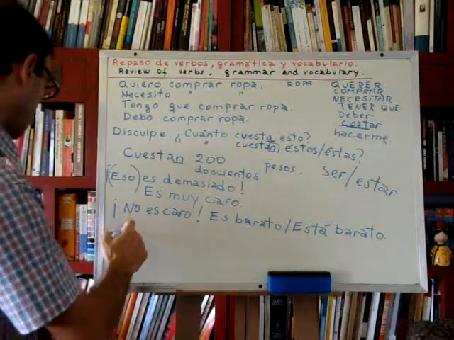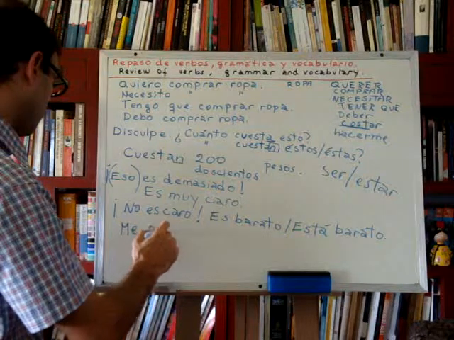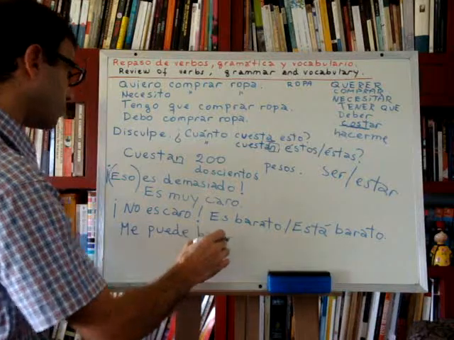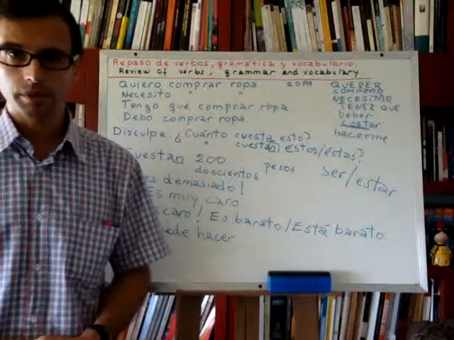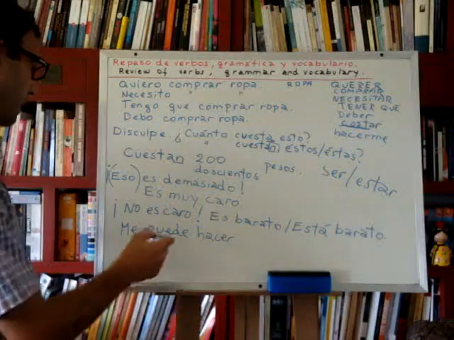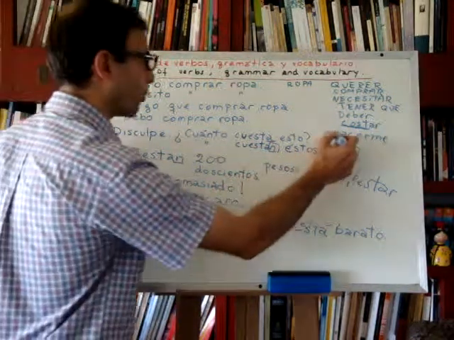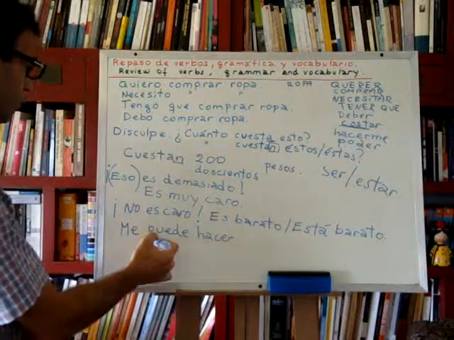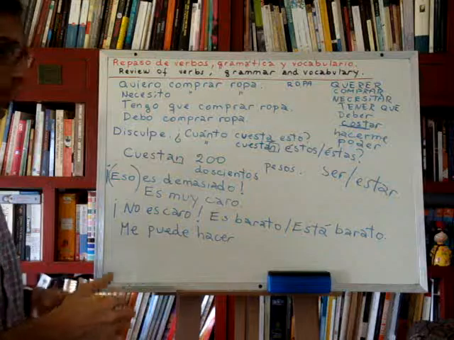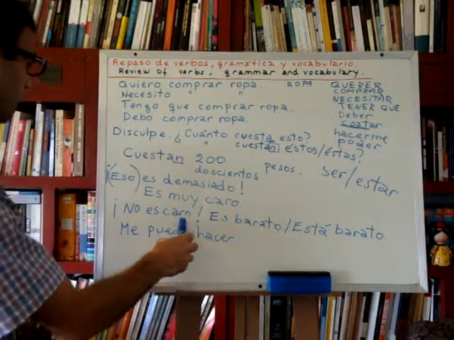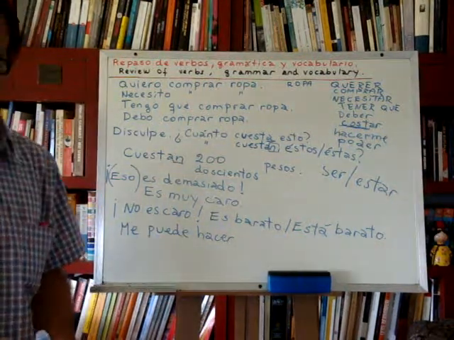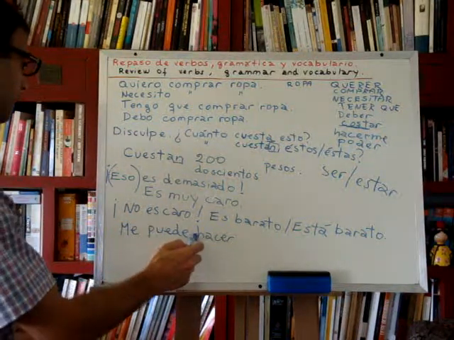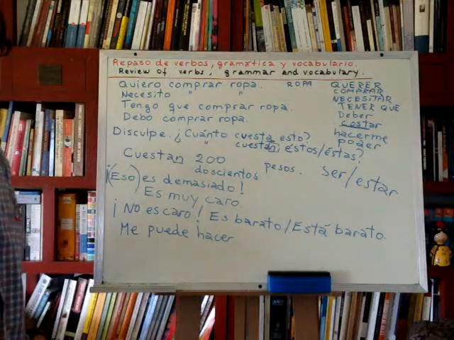Let's see, we would say, me puede hacer, to do. Hacer means to do or to make, indistinctly. Puede comes from the verb poder, which means to can. The Spanish verb to can is poder. It is an irregular verb, and here it is conjugated in the present tense for the first person of the singular, for I. To me, can do a discount,